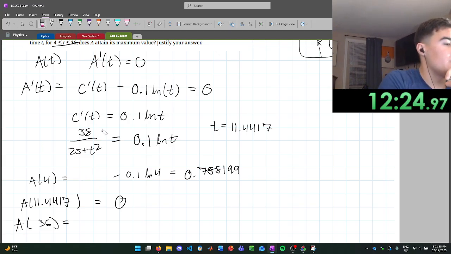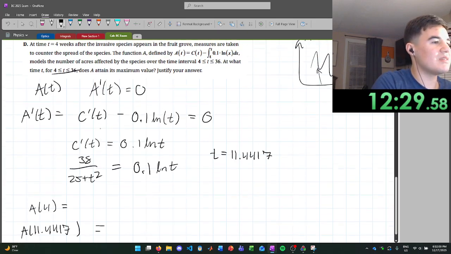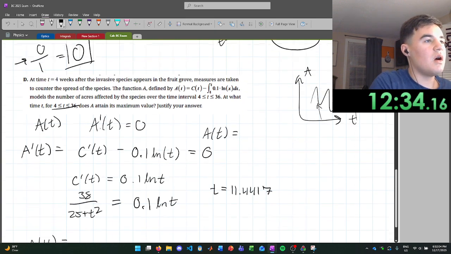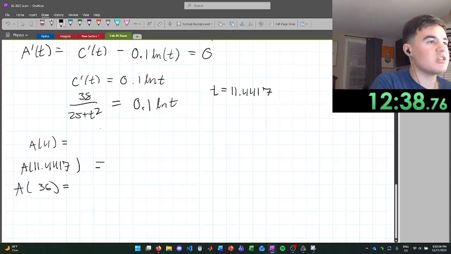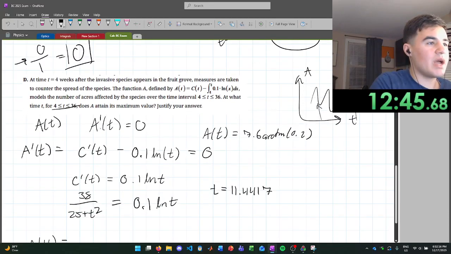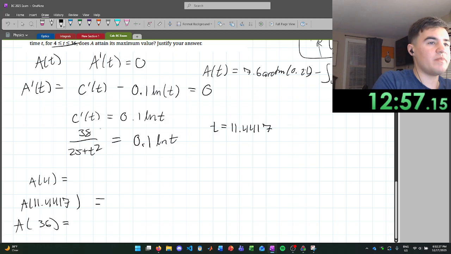Oh, I'm plugging the wrong function, by the way. I'm plugging into the derivative. I'm plugging into a. So a is this function c of t. So a of t should be, let's see, c of t, 7.6 arctan 0.2t, and then minus the integral from 4 to t of 0.1 ln x dx. If I get 4, this should be 0.2t, so you plug in 4, so